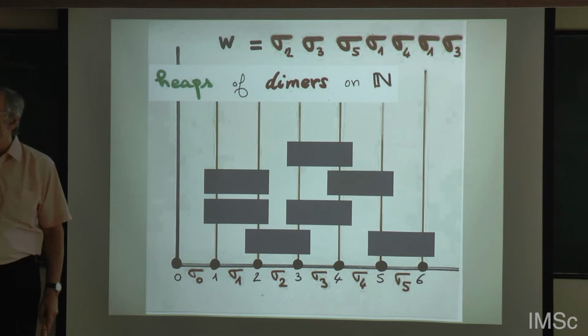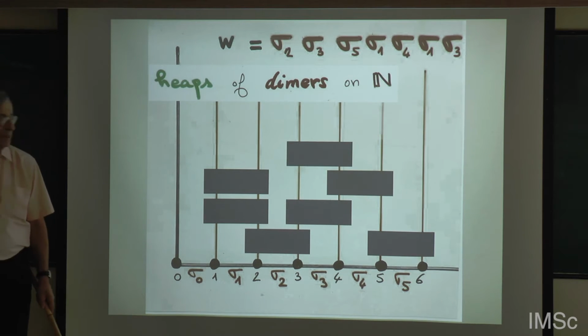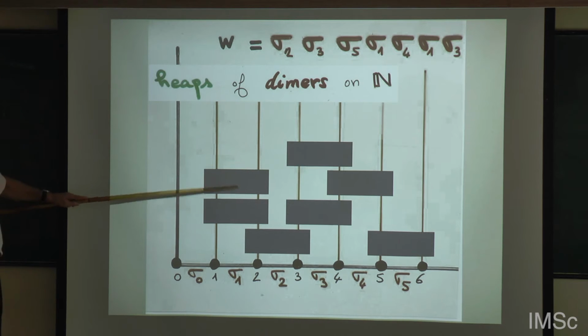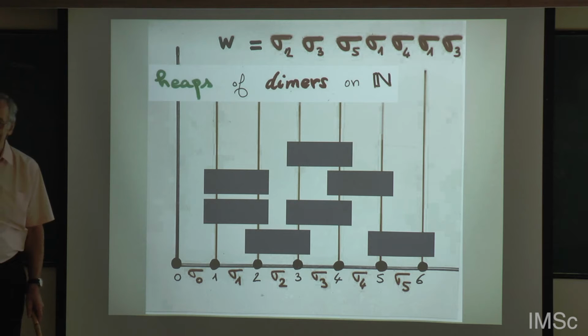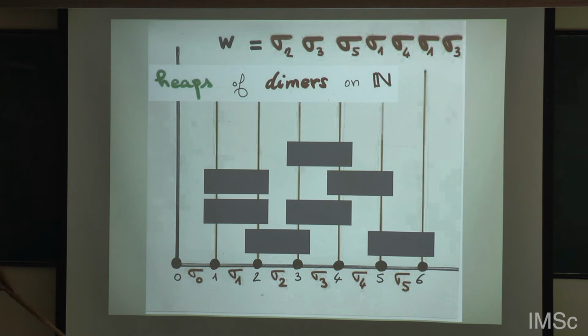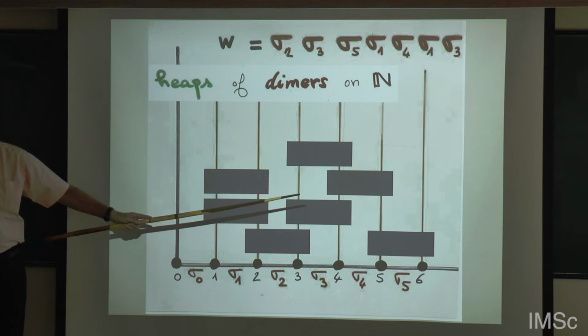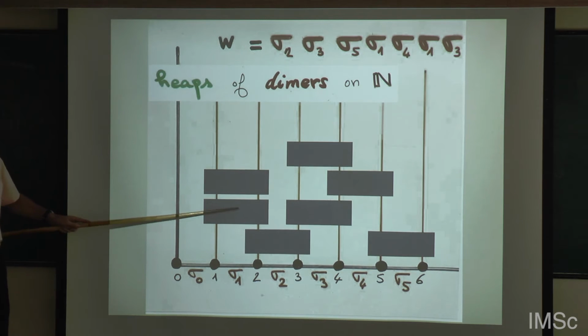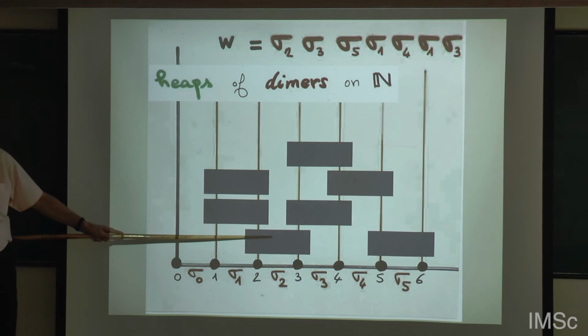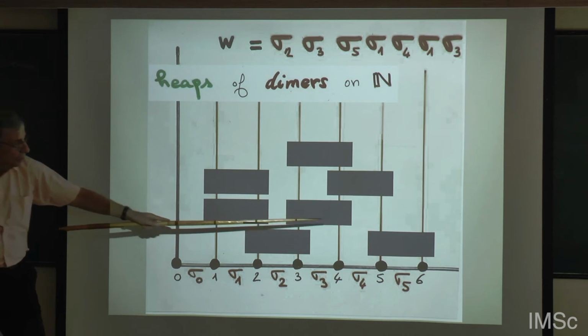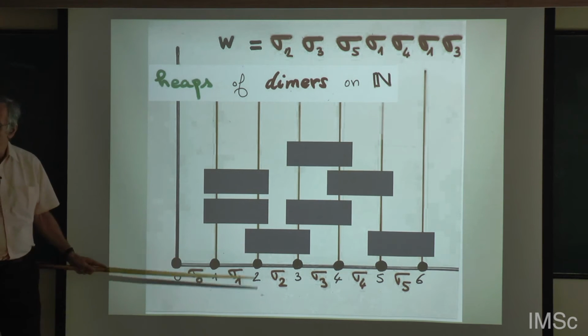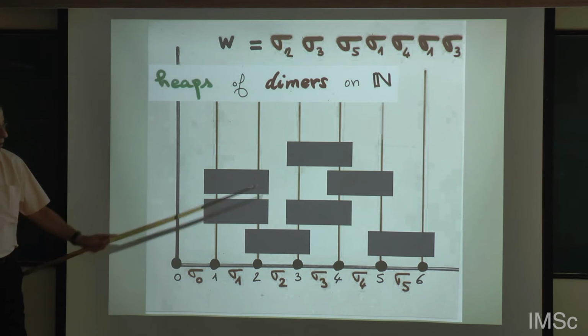Intuitive idea. There is a formal definition. There are different possible definitions. Just take the intuitive one. If I give the formal definition, I am going to lose everybody and lose the beauty of it. So you have a word, and you forget in which order they fall down, but you keep some information: this one falls down after this one. I don't know which one falls down first. But the picture is an intuitive idea of a heap of diamonds.